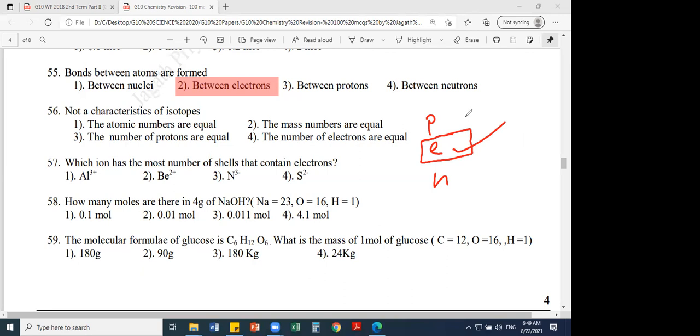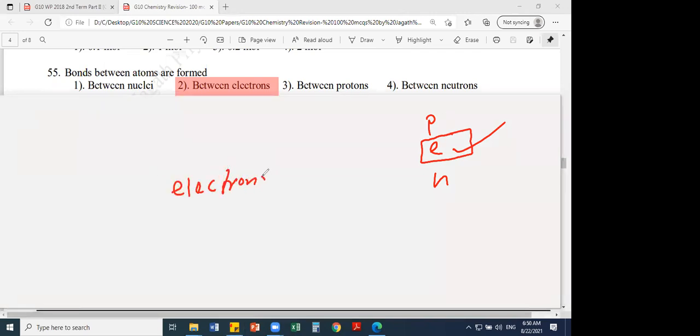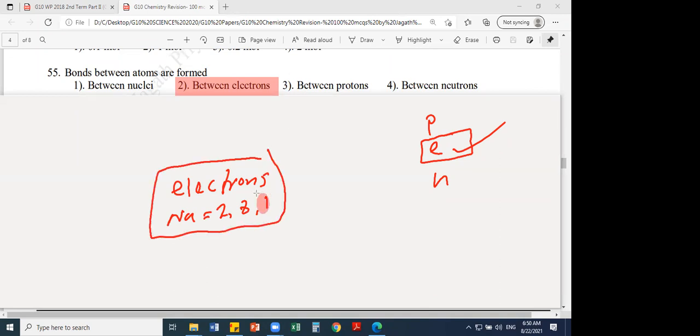Electronic configuration for bonding. Even chemical reactions involve electrons. If you want to write that summary also, electrons are involved in bonding. Electrons are involved in the conduction of electric current. Electrons are important for valency. In an atom, for example, if you take sodium, 2, 8, 1, 11 electrons, the outermost electron is 1. So this is very, very important to predict what? Electrons are important for bonding. Electrons are involved in chemical reactions.